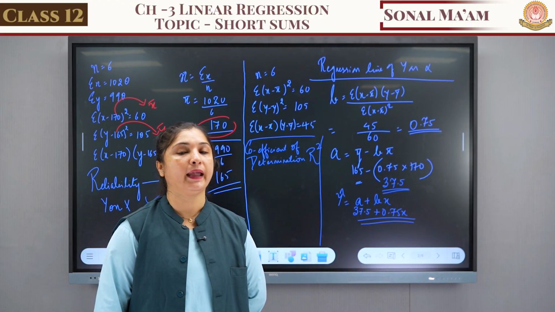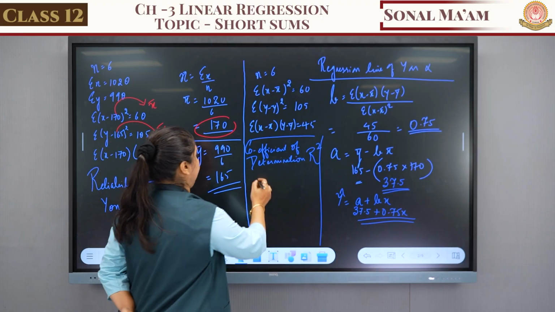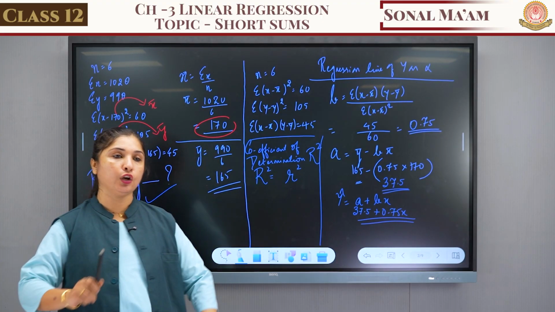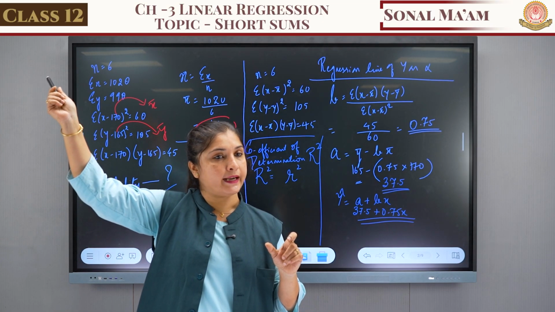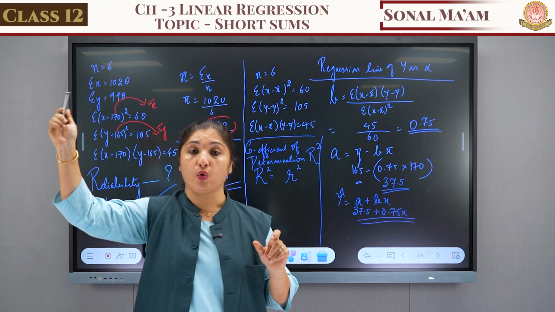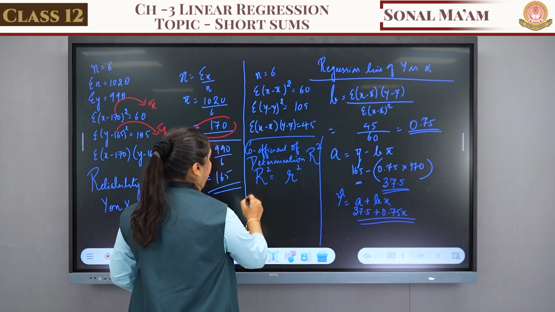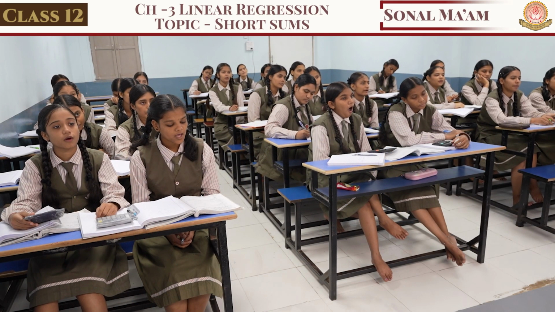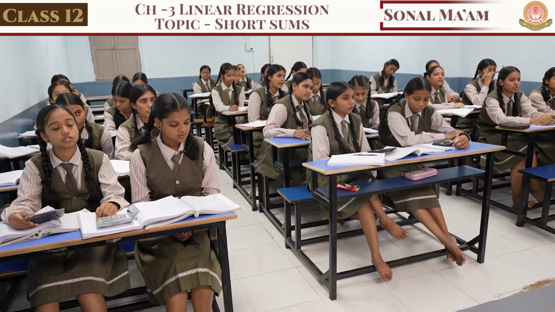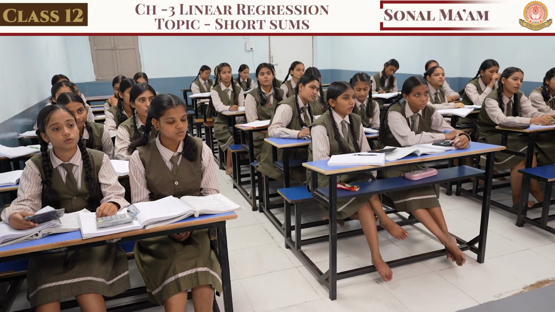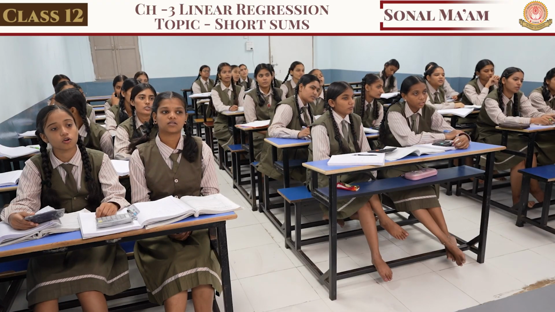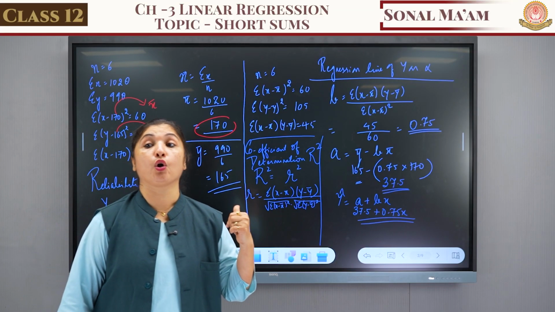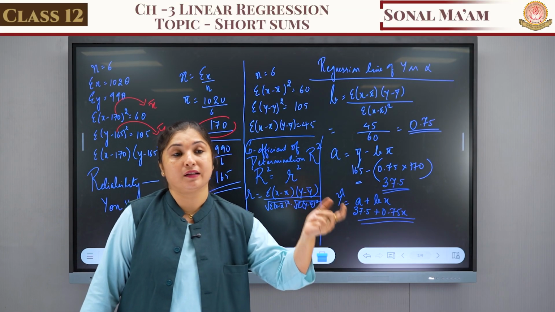Coefficient of determination is denoted by capital R square, and capital R square is nothing else than small r square. We already know small r, from the second chapter, linear correlation. R is correlation, so we know the formula for r. If this data is given, the formula for r is summation x minus x bar, under root of summation x minus x bar the whole square, summation y minus y bar the whole square. We know the formula of r, but we don't want r. We want the coefficient of determination, that is R square, that is small r square.